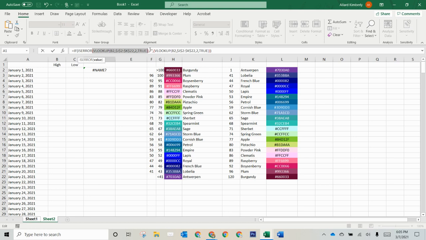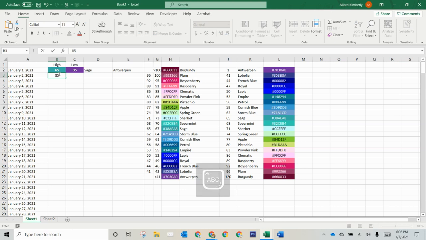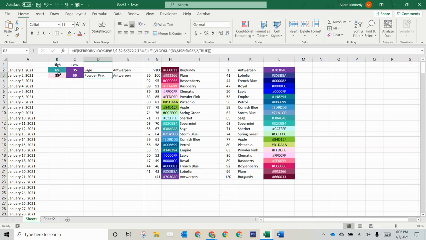So you'll notice that it has 3 parentheses at the end, and then when I hit enter, then it returns the name and it leaves these all blank. So that is what you enter in order to get this to work. So now every time I put something in here, okay, it gives me the colors to use. So that is how you do both conditional formatting and the VLOOKUP in order to